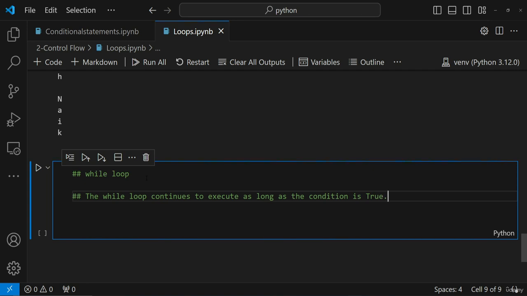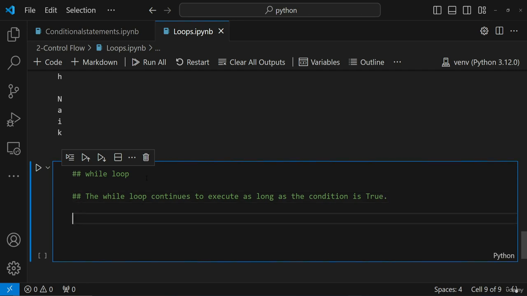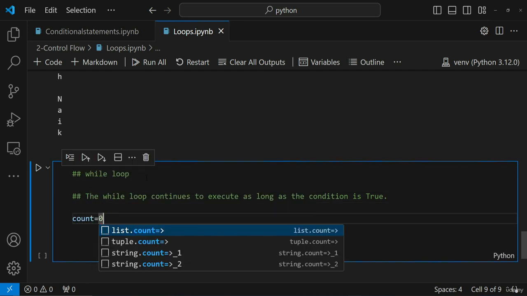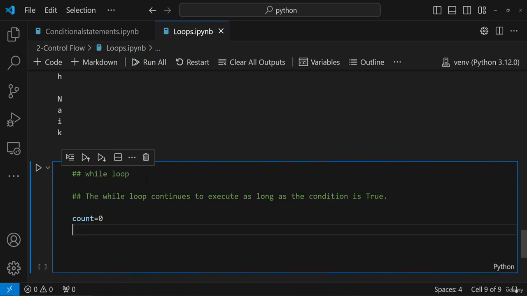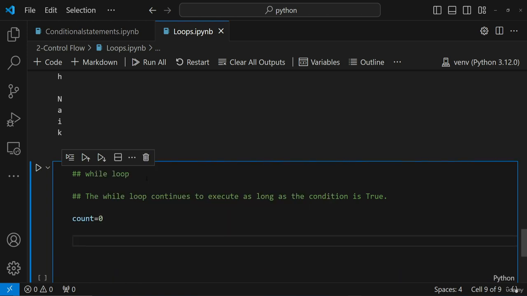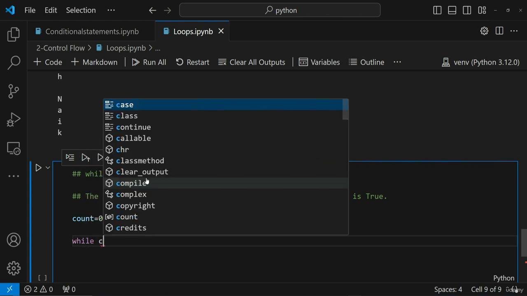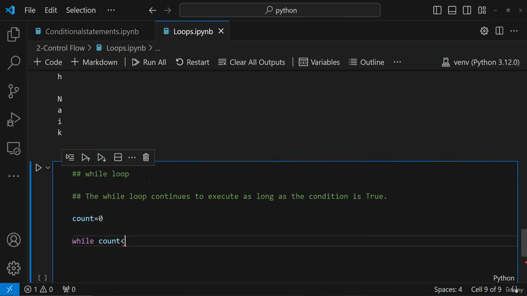That basically means unless and until whatever condition I'm writing in the while loop is true, it is just going to execute it, okay? Now let me do one thing. Let me create a temporary variable called count. Now with respect to this count, let me go ahead and write while count is less than 5,